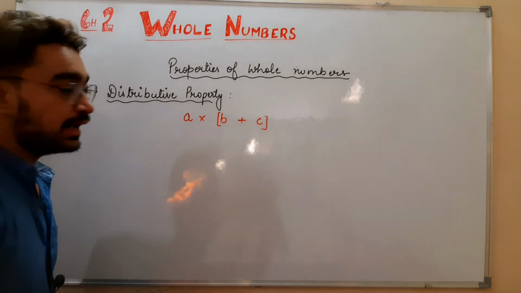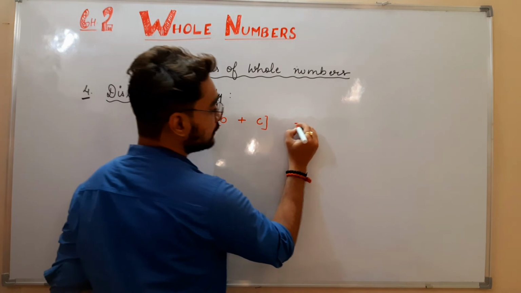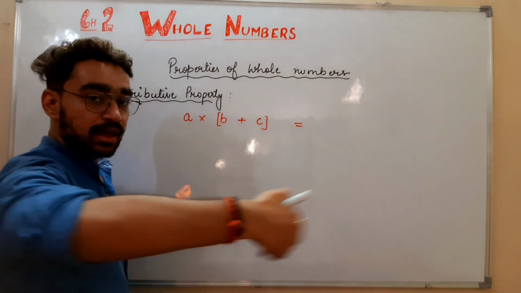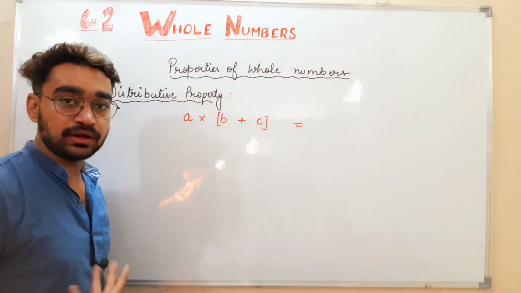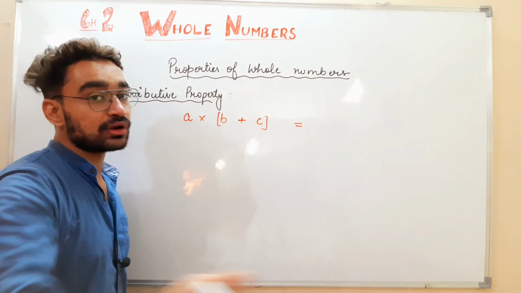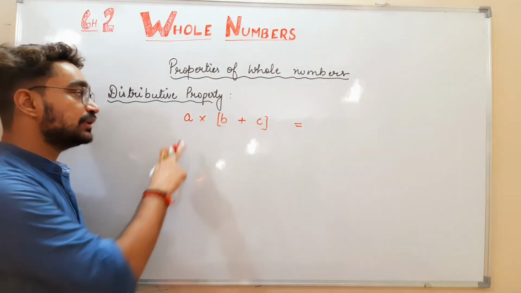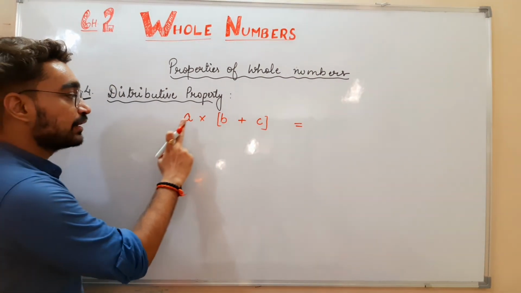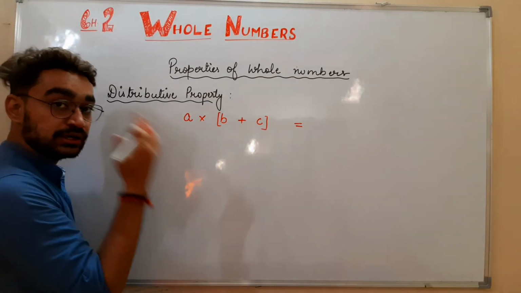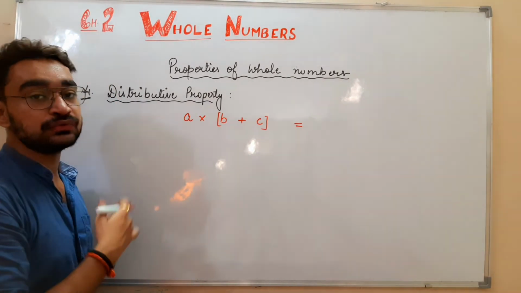As per the name itself, you can say that distributive means we are giving something, distributing. As if I am having 20 chocolates, and I say distribute among the children, what will you do? You will give one chocolate to everyone, right? So this is something like that. Distribution of multiplication will happen here.